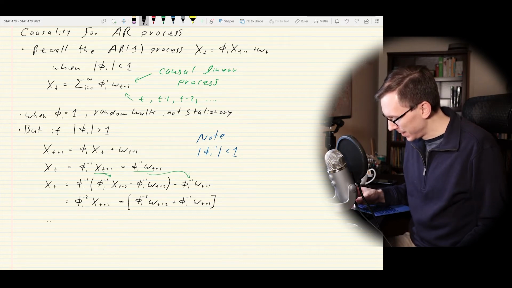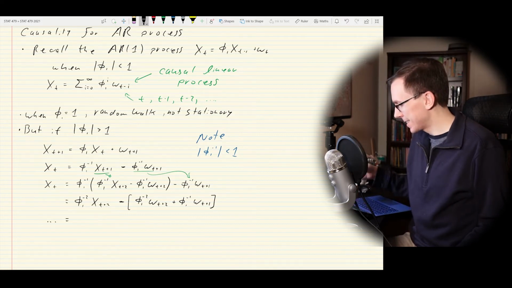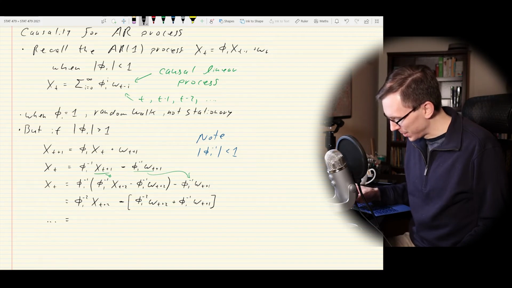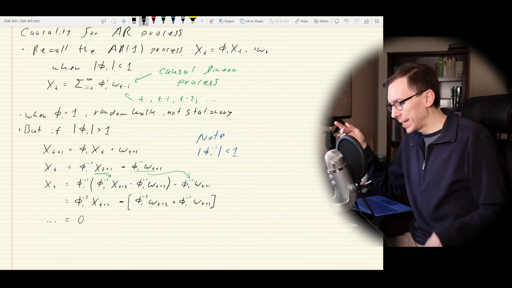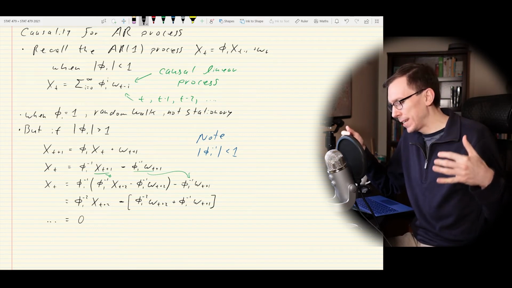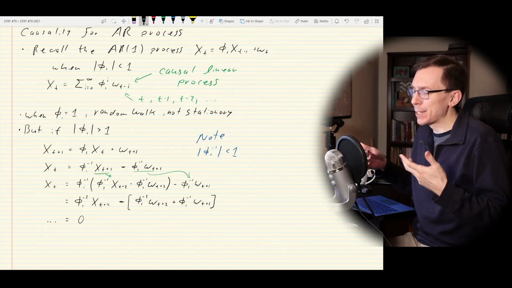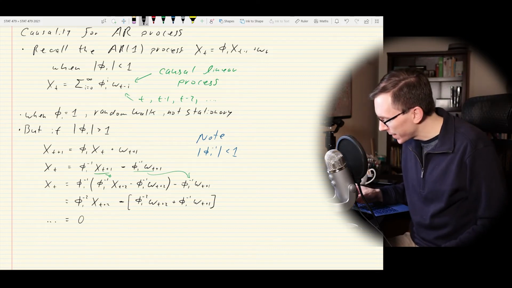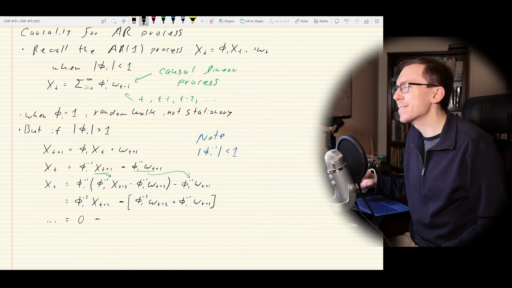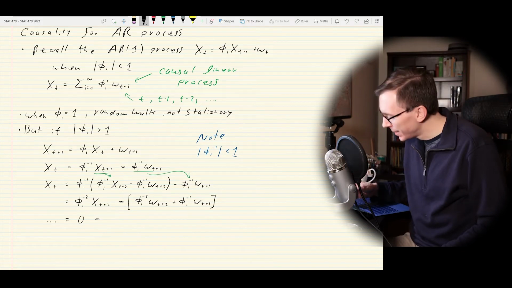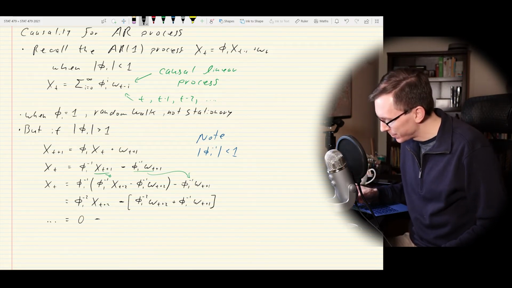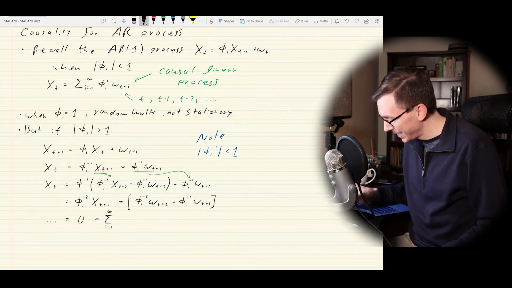If we keep iterating this, the first term is going to end up being 0 again, because we keep multiplying by a number less than 1 in magnitude, which takes this down to effectively a random variable with 0 mean and 0 variance. So it's 0, almost surely. And then what we do is we take the sum from i equals 1 to infinity of phi 1 to the minus i